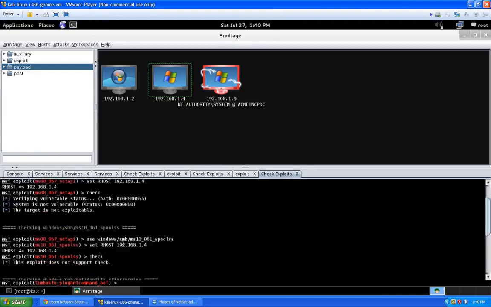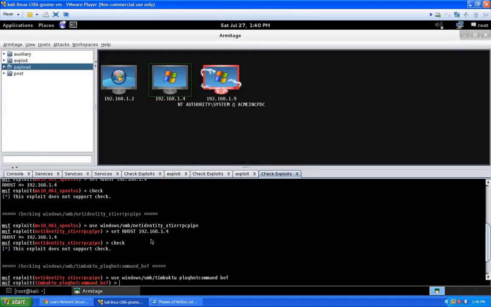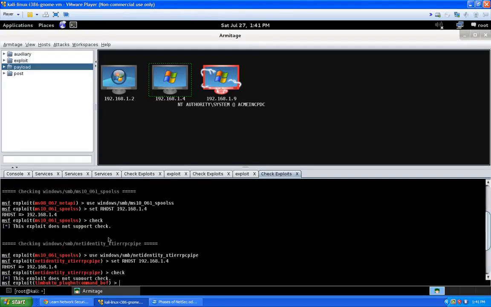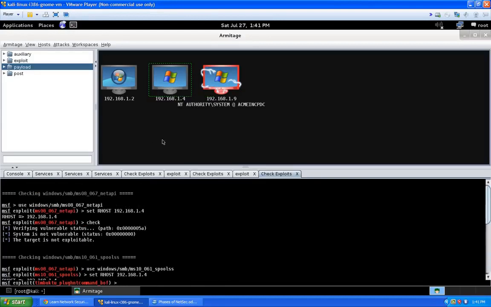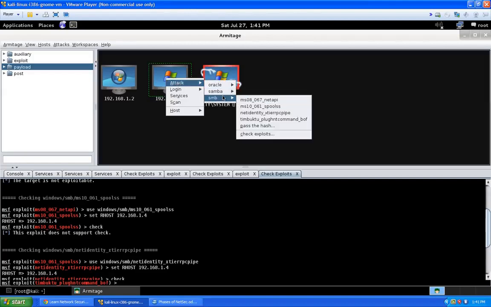Okay. So as you can see here, it went through all of its checks, and there were quite a few here that didn't support check. MS10061 spoolss did not support check. So let's go ahead and, because we know MS08067, which we used to compromise the Windows 2003 server here, is not exploitable on this target machine here, let's go ahead and try to fire off the MS10 one. We'll right click on it again, go to Attack, SMB,